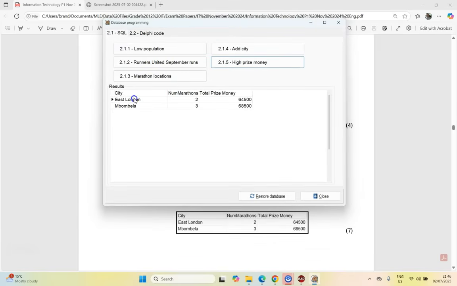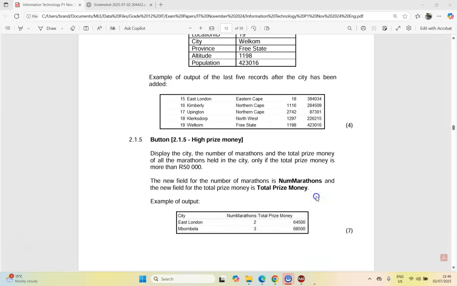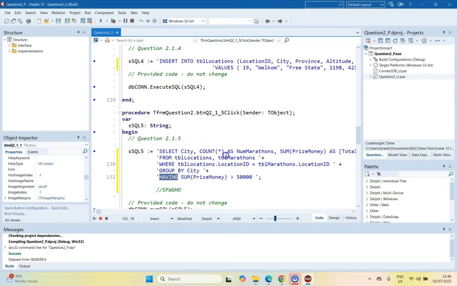So we get East London, Mbombela, we got 2, 3, we got that, and everything looks spot on. I think that's exactly what we want. Do you notice how I broke it down into its little parts, tested it to see that it was working? What's also nice, if I test it to see if it's working, if something goes wrong, I know exactly where to start looking for the errors. If I try to do this all in one go and it doesn't work, I won't know where to find